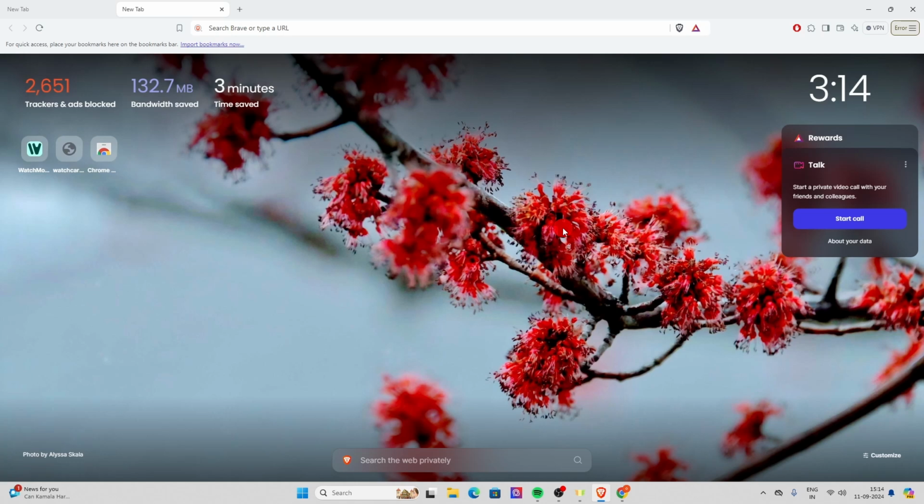Hello everyone, in this video I will show you how to customize your Brave browser interface. So first of all, you have to go over here. You can see my cursor where it is on customize. Now click on it